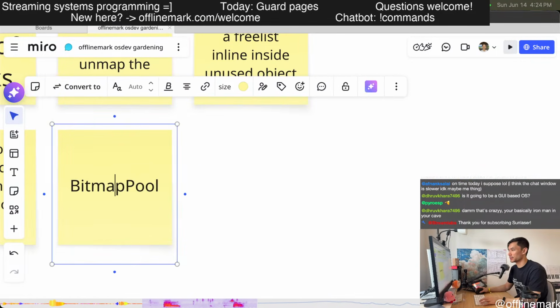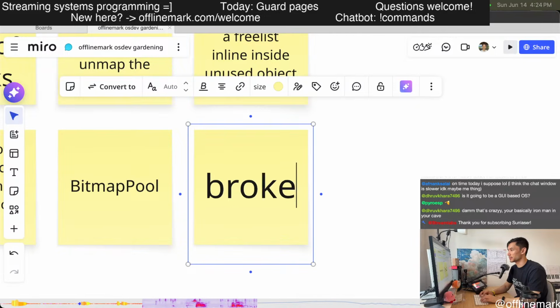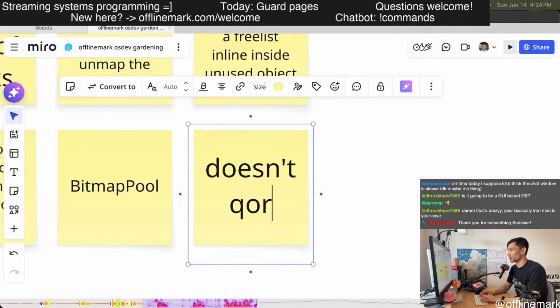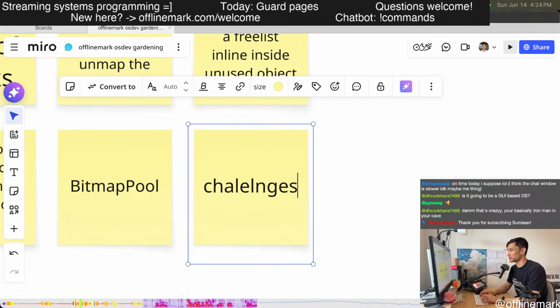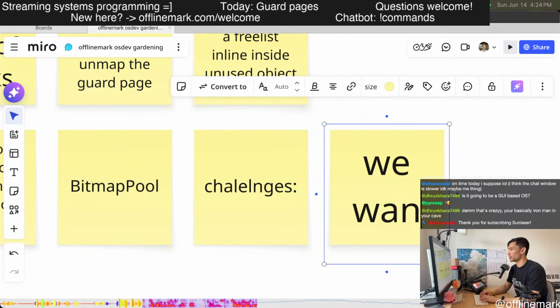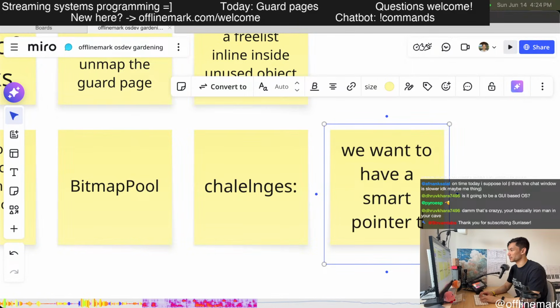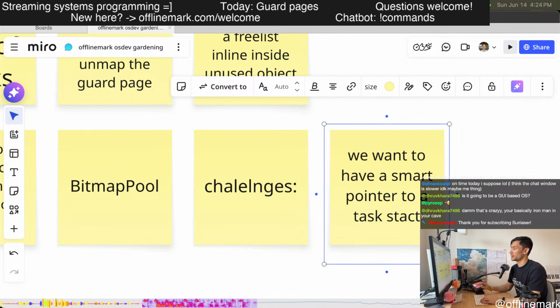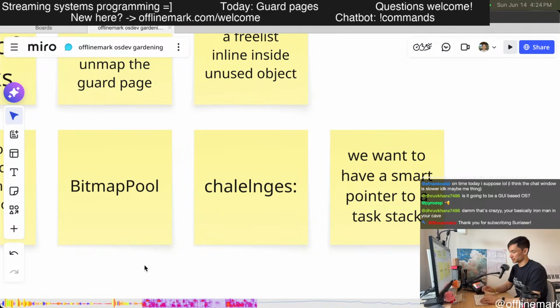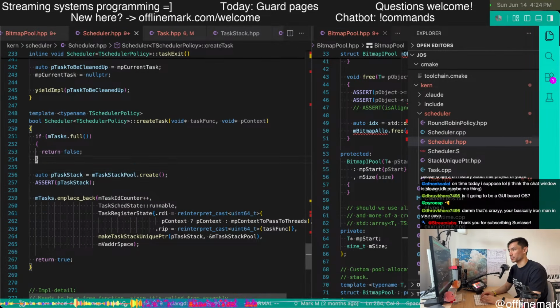So, it's not broken, but it doesn't work, or rather it has challenges. One of the challenges is that we want to have a smart pointer to a task stack. That is something I want to have, and that's what I had when I was originally prototyping this.